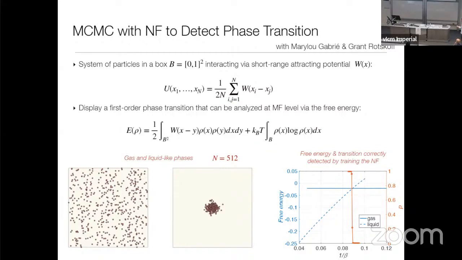And so this model has a phase transition simply because the entropy term depends on the temperature. At low temperature, the energy wins, but at high temperature, the entropy wins. When the energy wins, you get a cluster. All the particles tend to collapse into a cluster. It's a liquid-like phase. But at high temperature, the entropy wins, and so you get something which is uniform. Now, if you look at the minimizer of this free energy, you realize that there are two branches that persist in a range of values of the temperature. This is indicative of a first-order phase transition.